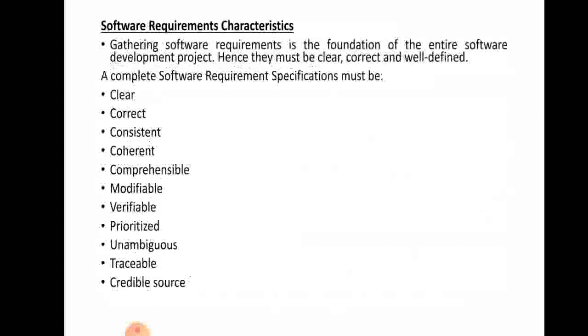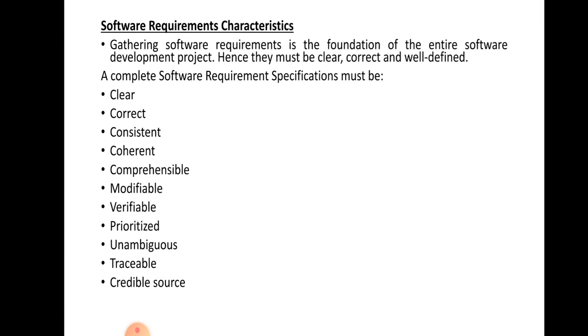Next is software requirement characteristics. Gathering the requirements is the foundation of the entire software development project. The requirement specification should satisfy the following categories, and only then will the software be complete. The software specification should be clear and correct, consistent, coherent, comprehensible.